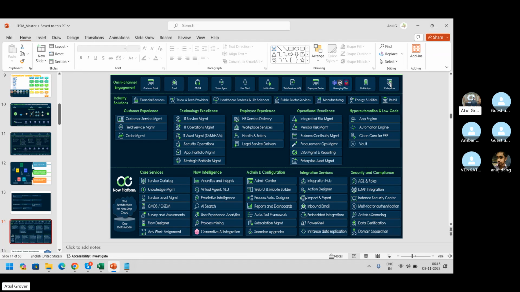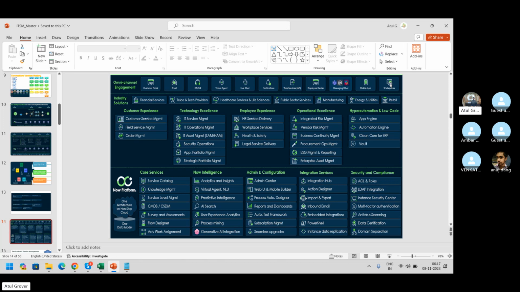Now you have to understand a few things. If something is taking the wrong name of any term, you have a complete right to correct it. Nowadays I'm seeing a lot of openings on LinkedIn: we're looking for ServiceNow resources, we're looking for Snow resources.